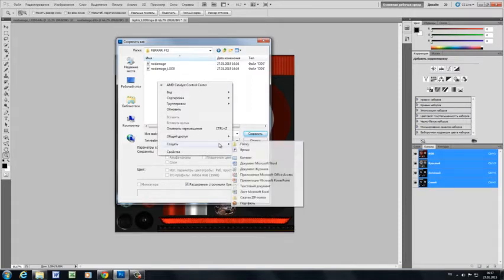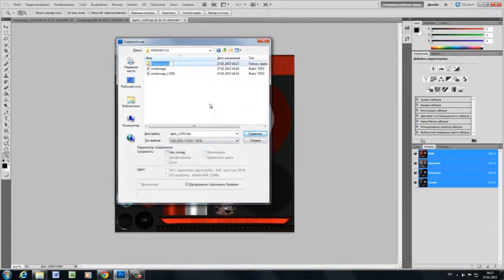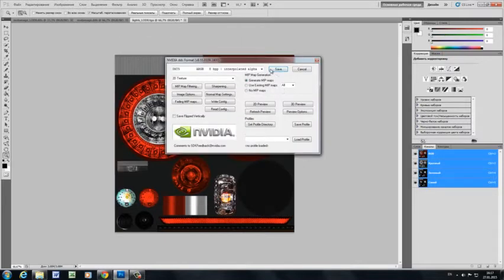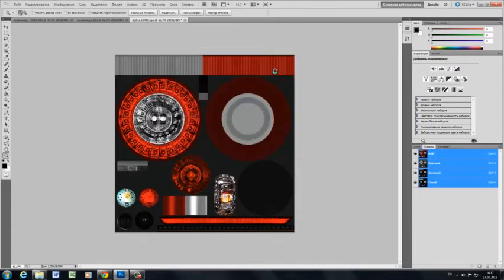Actually, I want to create a new folder and name it textures. Let's put all this here, and name it lights. DXT. Don't forget to choose it right. So if you save it like DXT5, now delete the alpha channel,